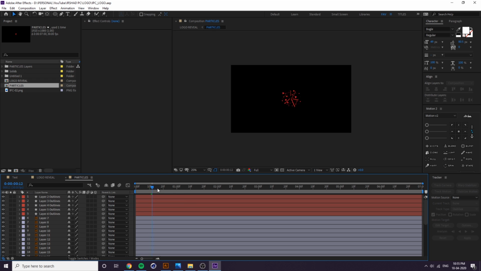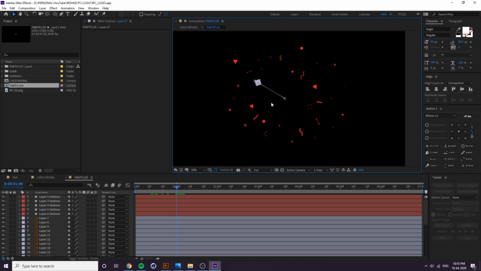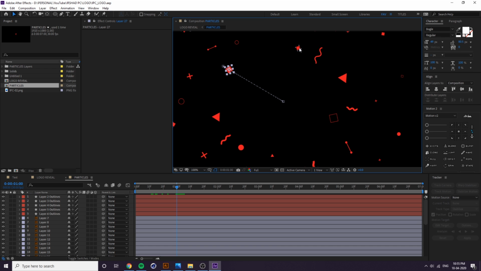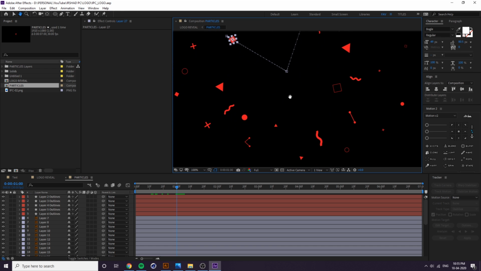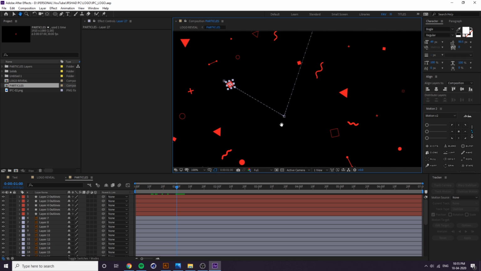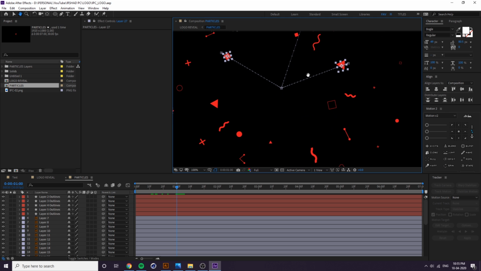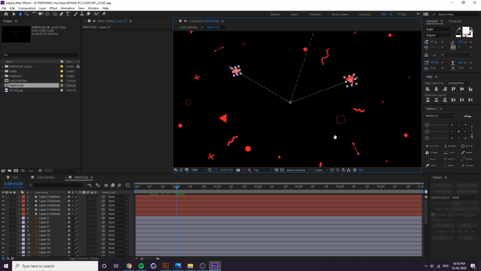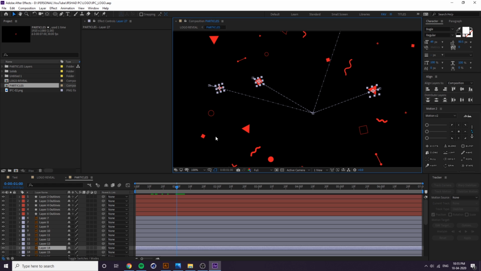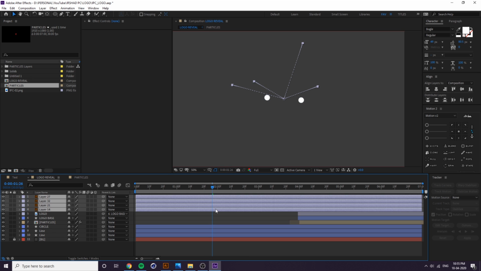Now go to particles. At the first hit we need some shapes, so select one rectangle, one circle, and one triangle. Now you can select any other shapes. One cross, yeah, then Ctrl C, and at this time it has to be a burst, so here you can